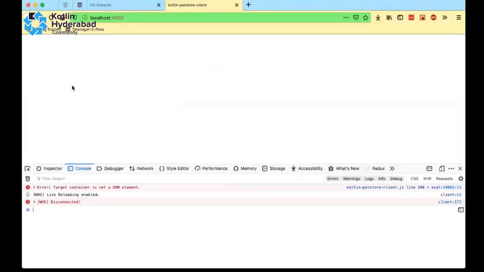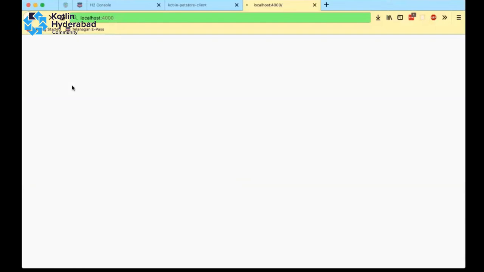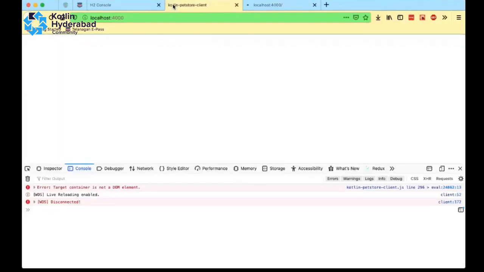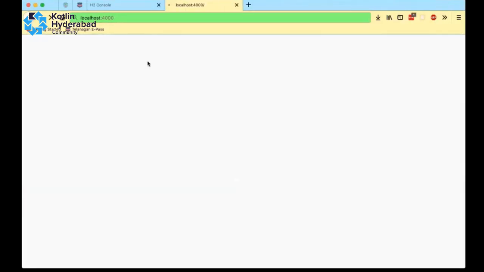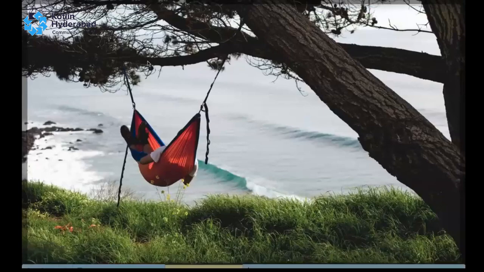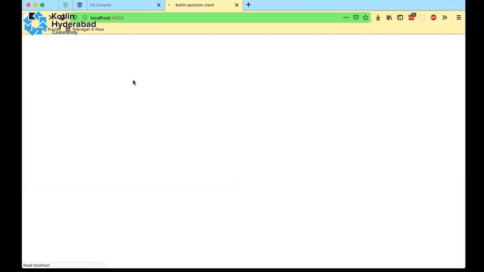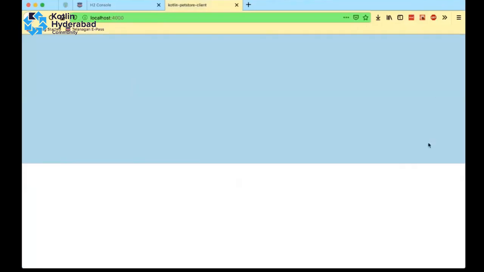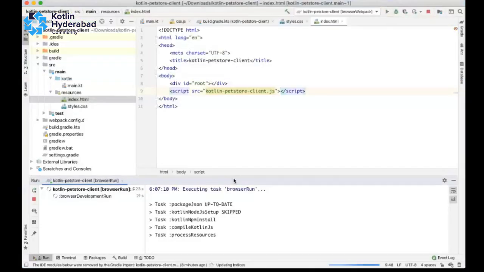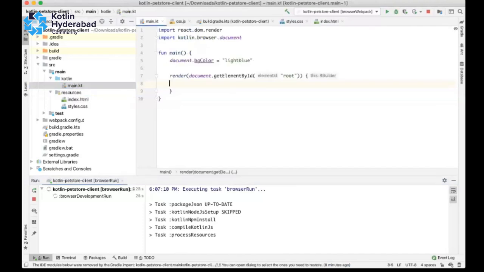Actually, hot reloading is enabled, but on my system it is taking too much time, so I just restarted. So you can see the light blue color that got loaded. I built some of the components. I'll just copy paste them to save time.